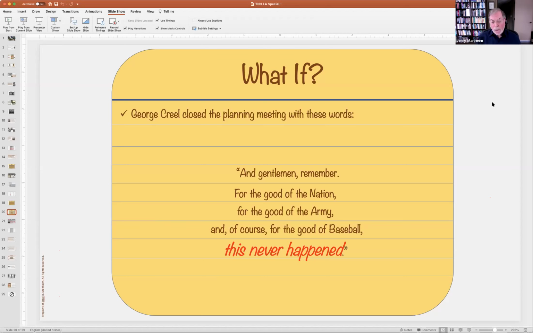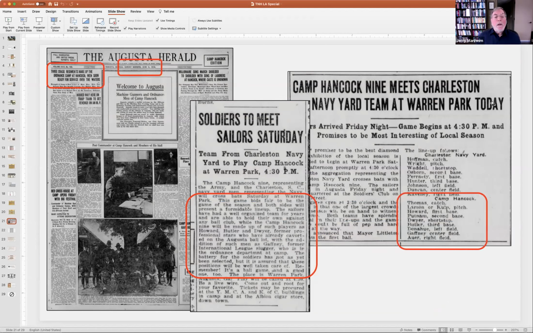And that's where my title comes from. Now, apparently it never happened. Here is the Augusta newspaper from the very same week in which those military papers are dated. And the item in the center is a Friday paper, which points out that there's going to be a